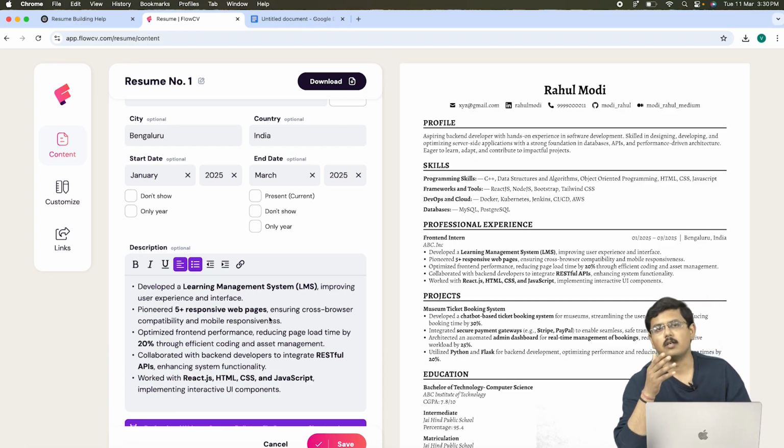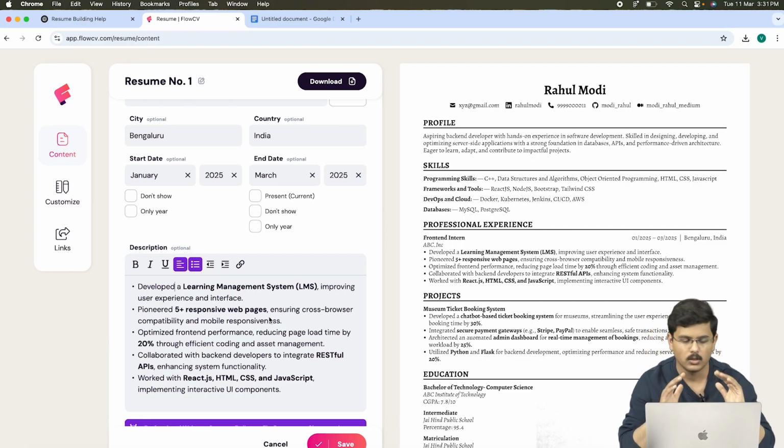Now if you're an intern, you'll not be developing the whole project alone. That is a very, very common thing. So do not go ahead and boast things here. That's why I wrote developed, so that you can get a comparison. Now just think as a recruiter. If you're a recruiter and you write that developed a learning management system, the second thing that I would ask is, if you've truly done it, have you written all its features ahead in your experience? If not, it's of no use. As simple as that. Otherwise, what you can do is,